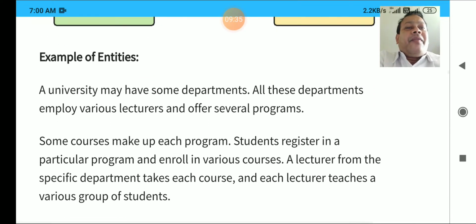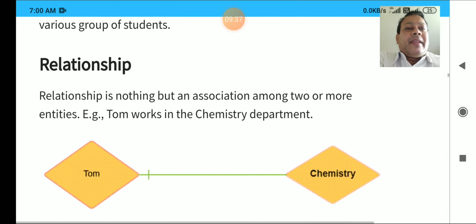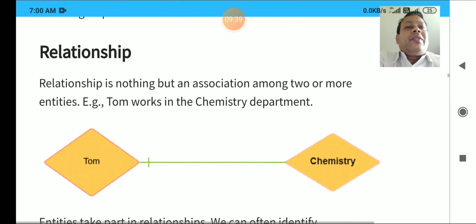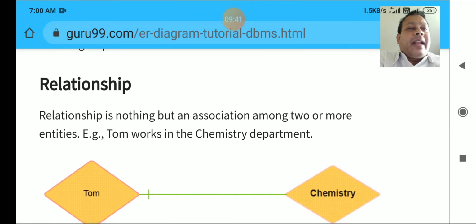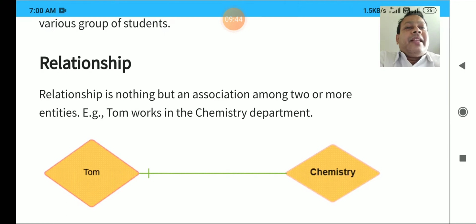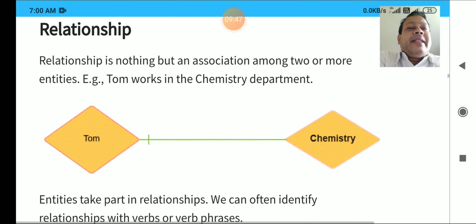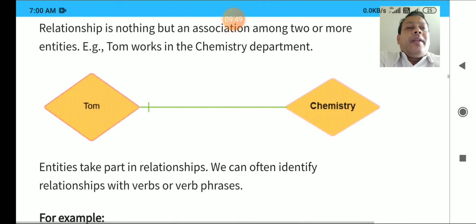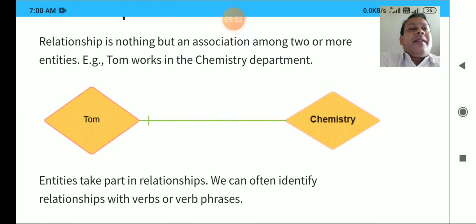Now we are going to see relationship. Suppose Tom is working for the chemistry department. We are going to enclose that in a rhombus box.